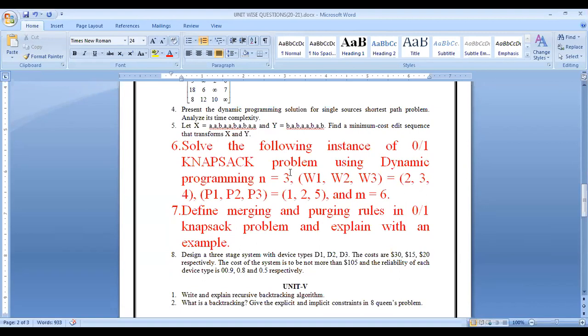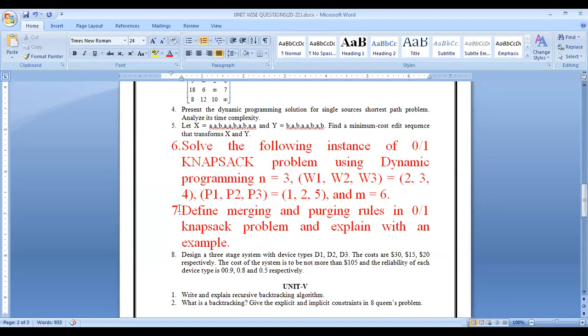Okay. So what is the size of the table? That is n plus 1 by w plus 1. W is the capacity of the bag and n is the number of objects. Here three items, so 3 plus 1, 4 rows, and capacity is 6, so 6 plus 1, that is 7 columns. 4 rows, 7 columns table you need to consider, and you need to fill up all the cells in the table by using the formula T of i comma j. You can easily find the solution to your problem.